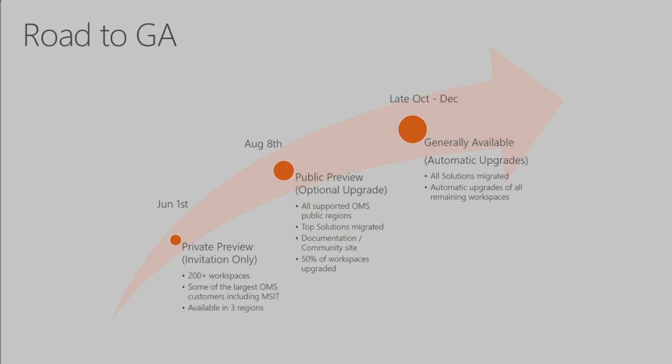We had it available only in 3 regions. We quickly went out to all public regions. On August 8th, we had the public preview, which is an optional upgrade. So late October, basically the last week of October, we will have a blog that details out some of the schedules there. But in late October, we will actually start pushing out automatic upgrades